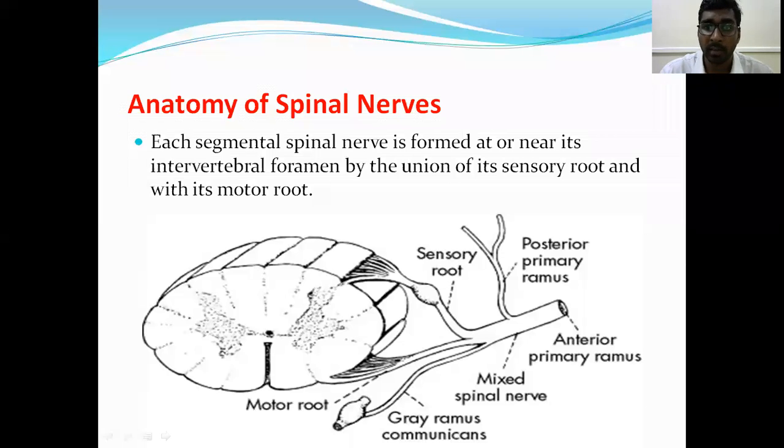In this diagram, you see this is the dorsal sensory root. This is the dorsal sensory ganglion, called the DRG, dorsal root ganglion. This is the ventral root. This is the sympathetic ganglion chain, and the gray ramus communicans is taking fibers from the sympathetic ganglion and merging them with the spinal nerve. This is the spinal nerve. The posterior ramus is formed, which mainly supplies the cutaneous supply of the dorsal skin region, and the main nerve is the anterior primary ramus.